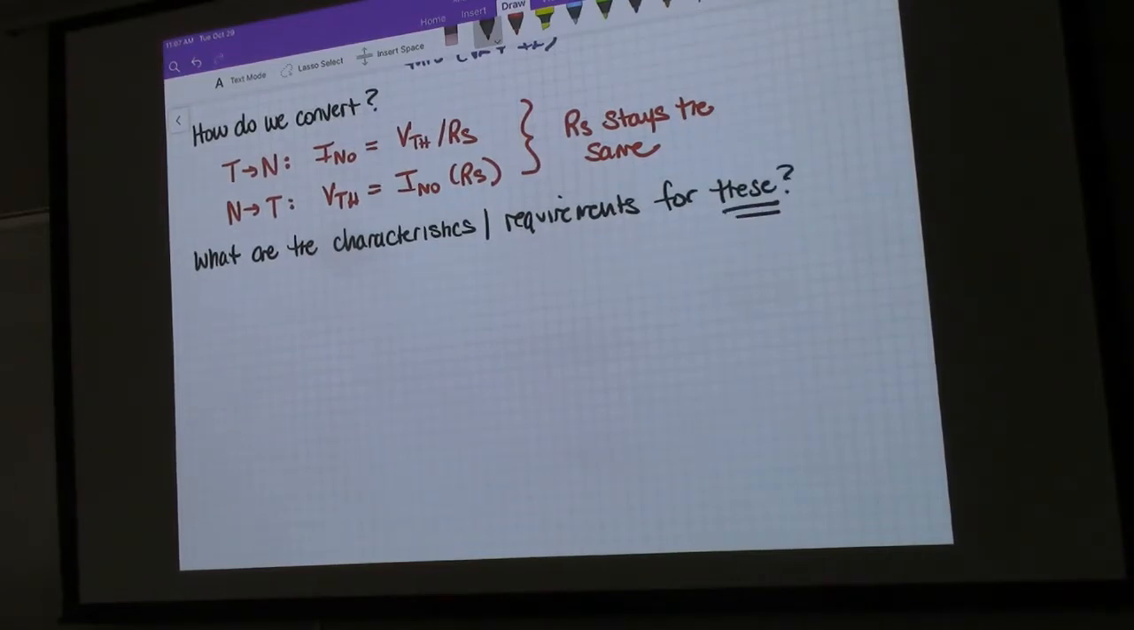So what are the characteristics, the requirements? And I just put 4 of these. And what I mean by that is the requirements for being able to find a Thevenin or Norton equivalent circuit, and also the requirements for that circuit in and of itself. So the first thing I'm going to say is that,